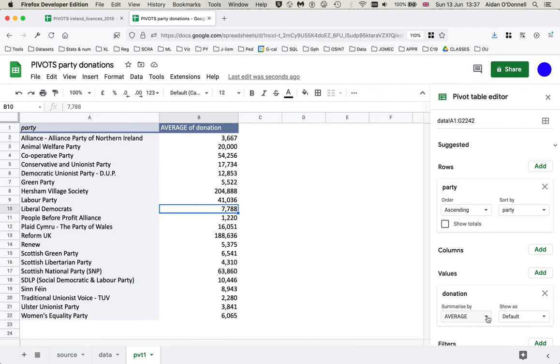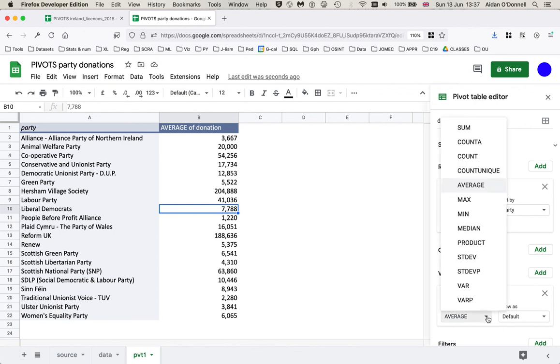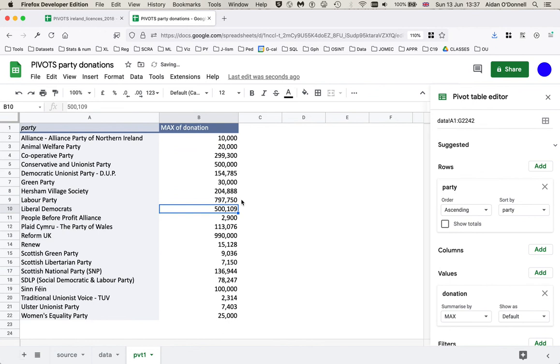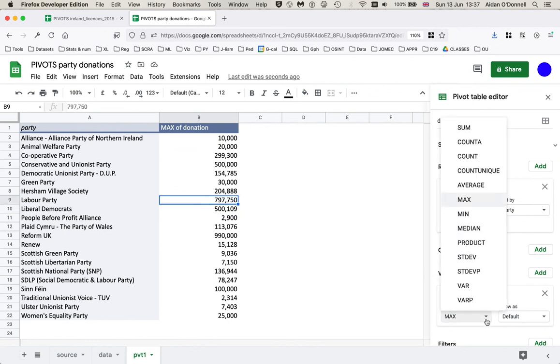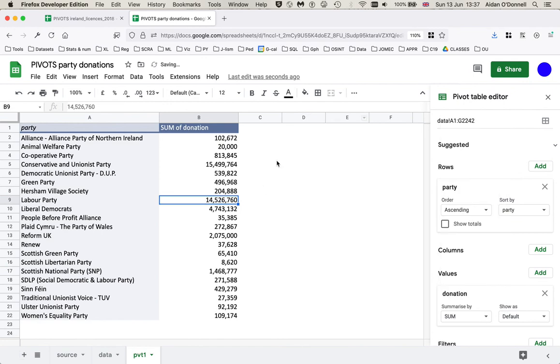So it will aggregate or organize, add up, depending on what you're looking for. We were looking for a sum. You can also look for the biggest. Show me the biggest donation by party. So somebody gives 797,000 to the Labour Party. But we want the sum. We just want to add them all up. Okay, so that will get you the answer you need for, I think,